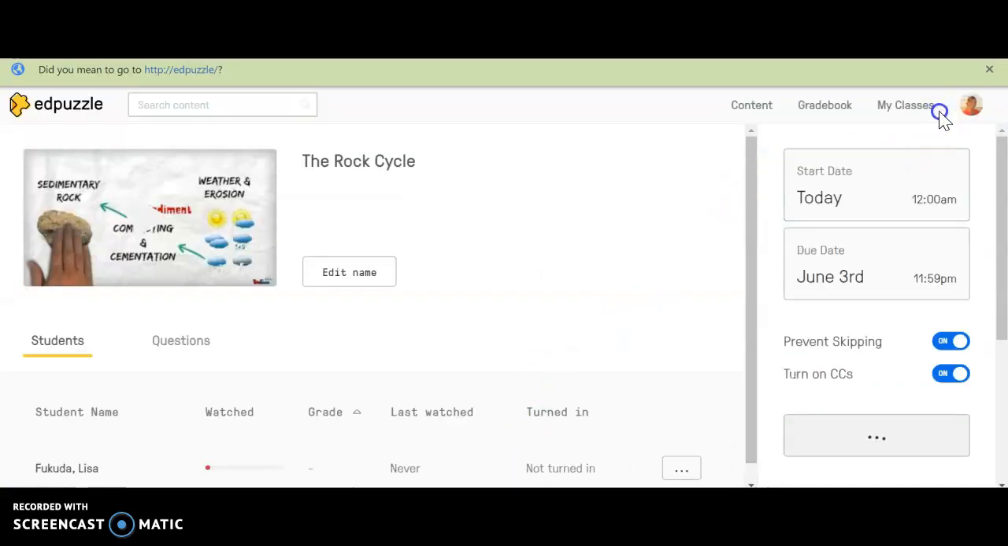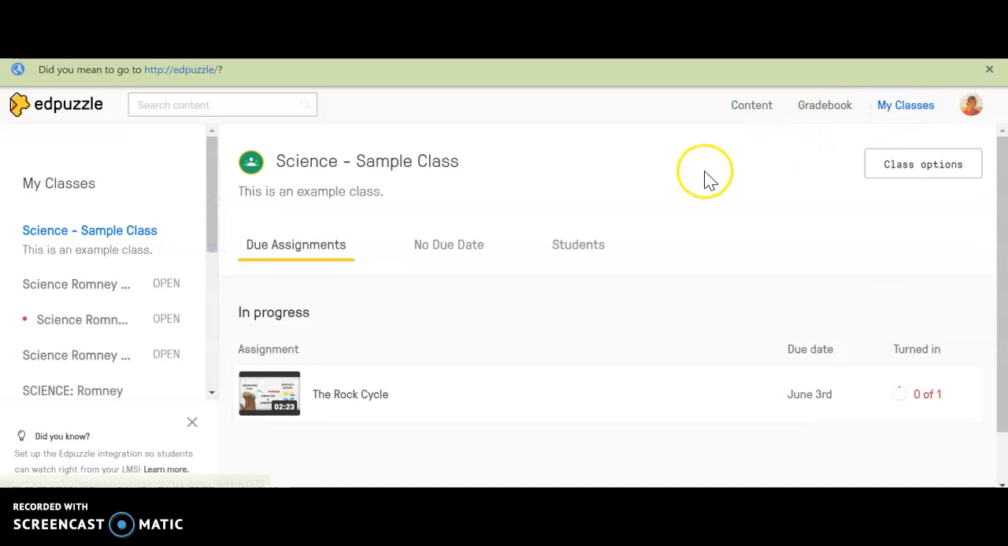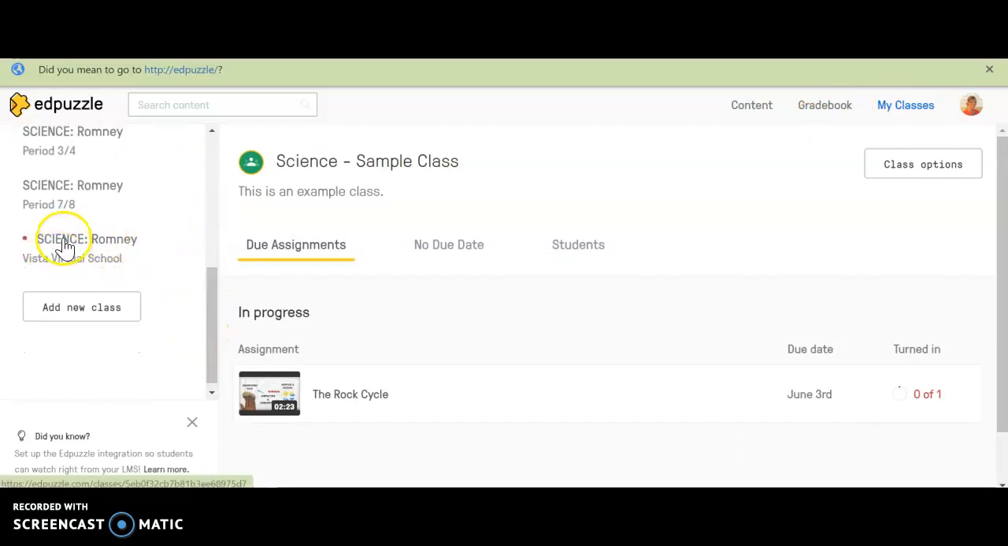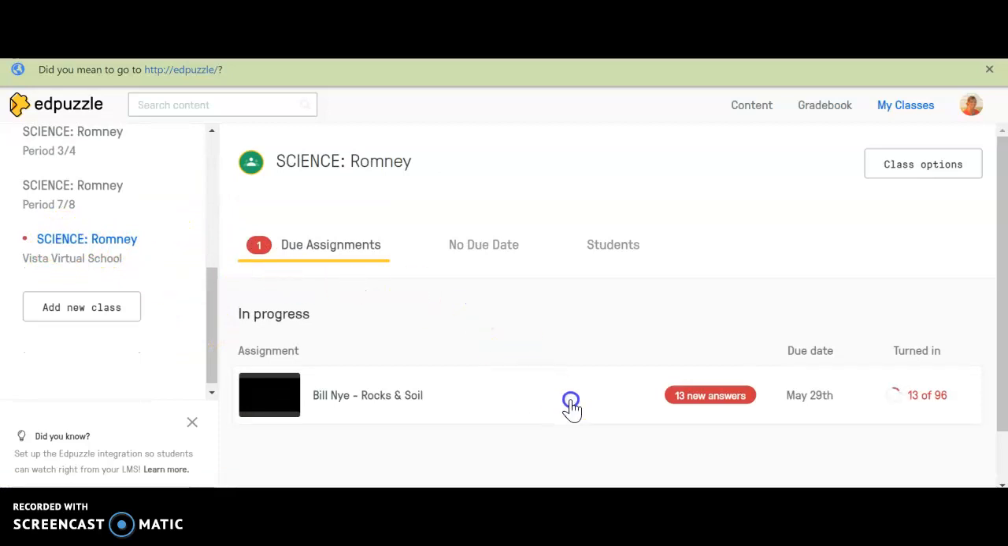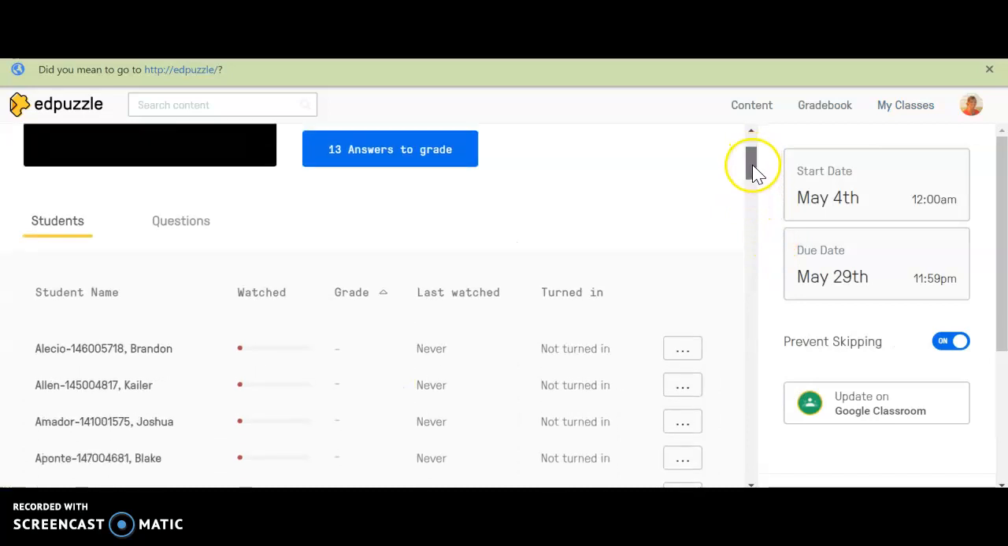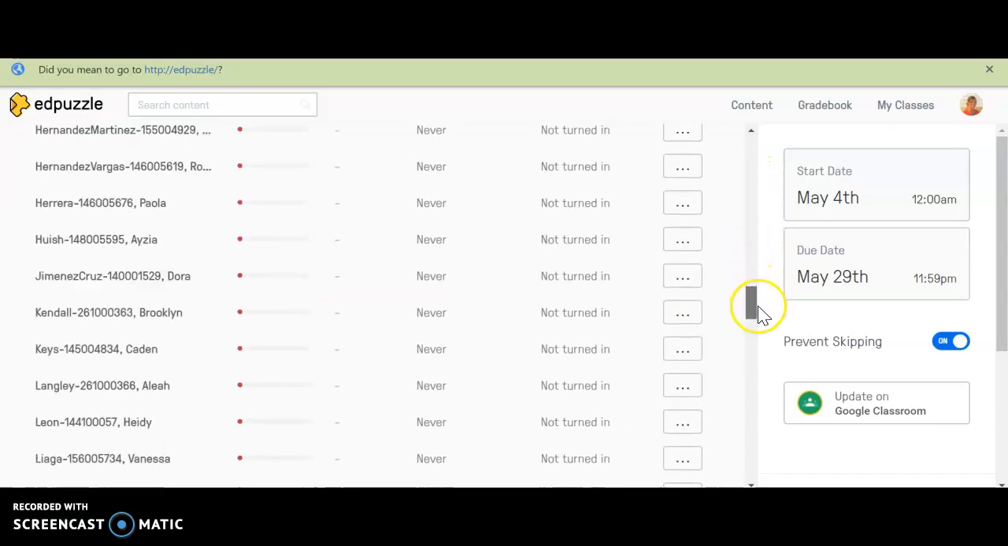All right, now I just want to show you what this looks like, say, students that have already done it. So currently I have an Edpuzzle going for my current class, okay? This one that is due May 29th about the rocks and soil for Bill Nye. And I've had so far 13 students that have had a chance to complete this. So you can see down here,